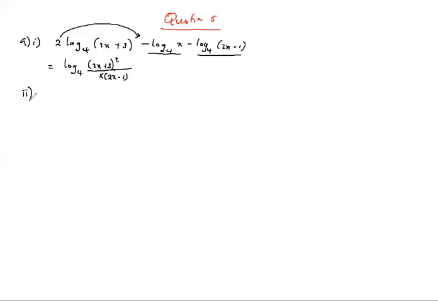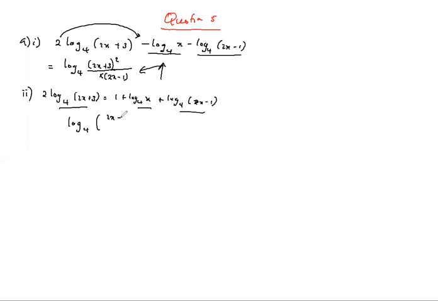There's some people, this is hard to do. Then solve the equation 2 log 4 (2x plus 3) is equal to 1 plus log 4 x plus log 4 (2x minus 1). But that is what we have here, which we have simplified in this form. So in other words, what we are saying is that log 4 of (2x plus 3) squared over x(2x minus 1)